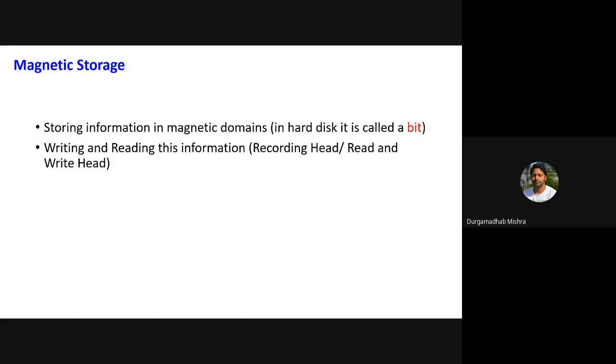So there are two distinct parts in a magnetic storage device. One, a device which will store the information. That is an almost well-developed technology: how you can use magnetic materials or the domains, how you can shape the domains, how you can manipulate them. All these things will lead to the storing, and we'll look at that. And then another aspect is how you can read and write this information. That is also another technology.